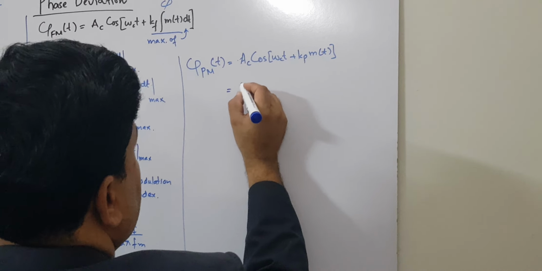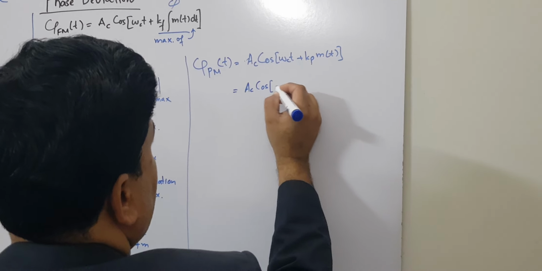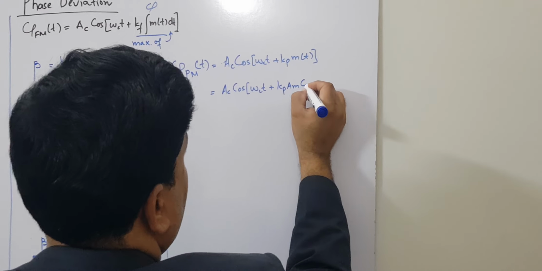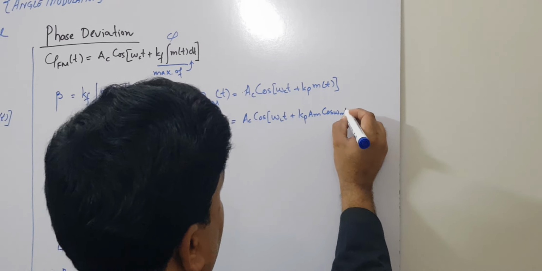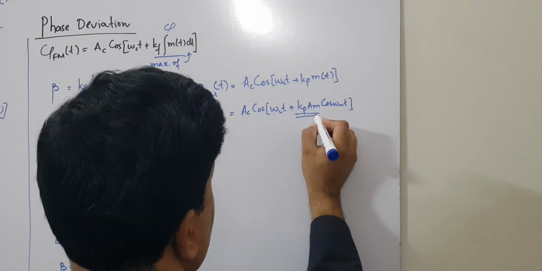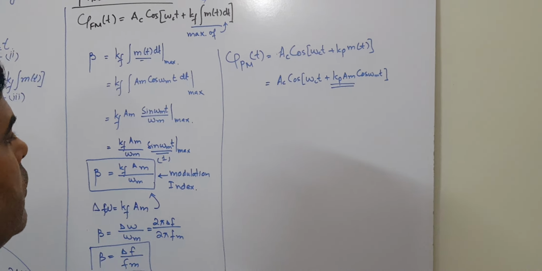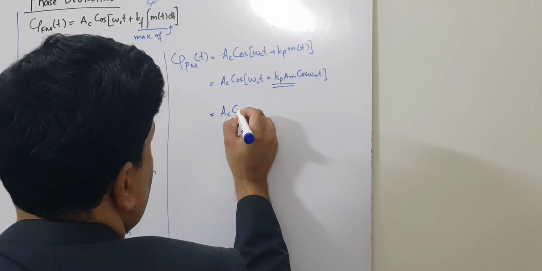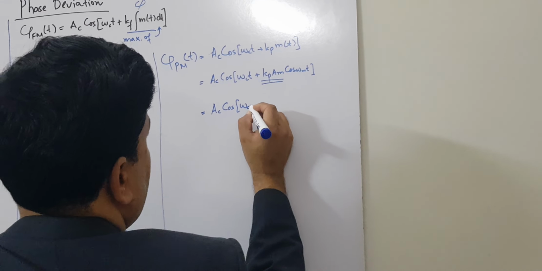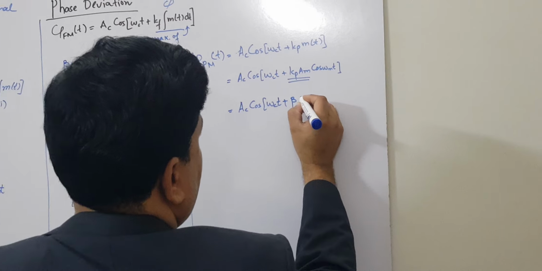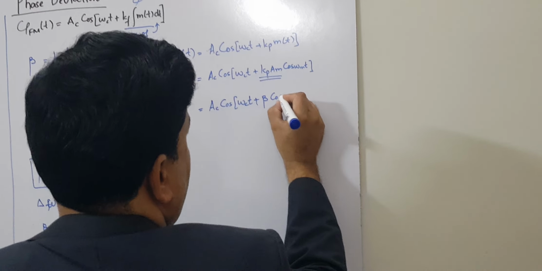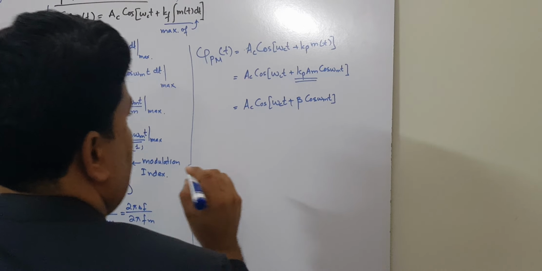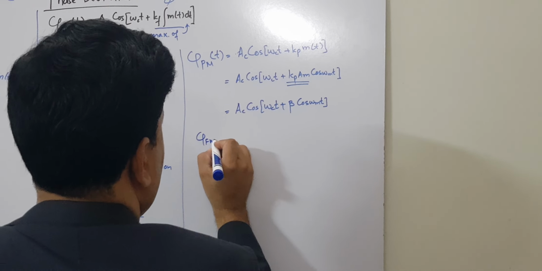So that can be written as, in case of phase modulation, that is your frequency deviation. So you can write AC cos omega mt. But in case of FM,